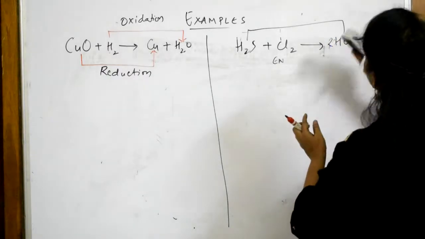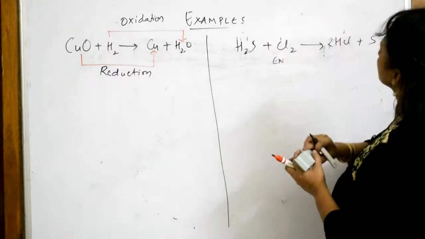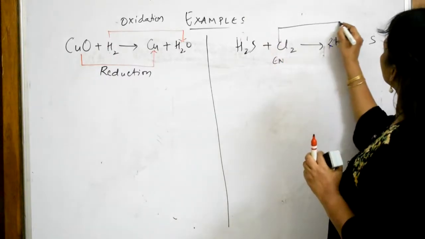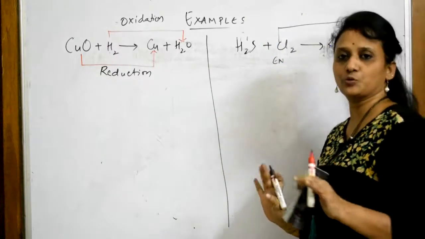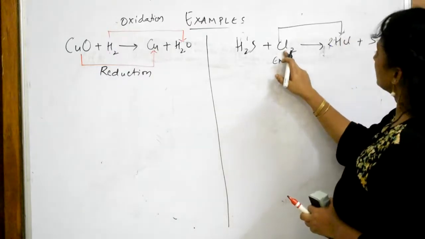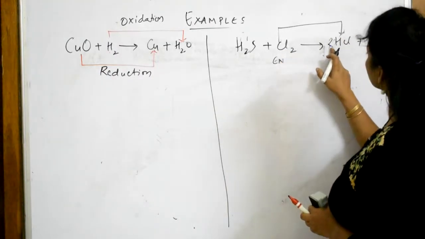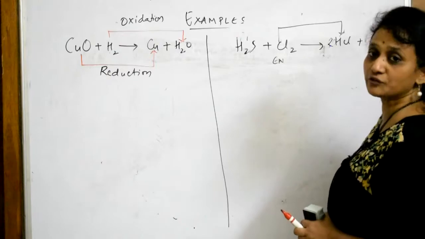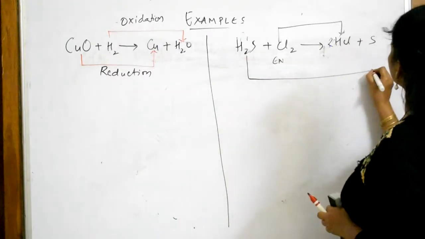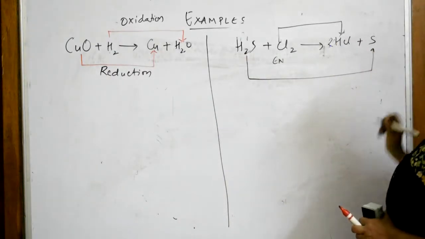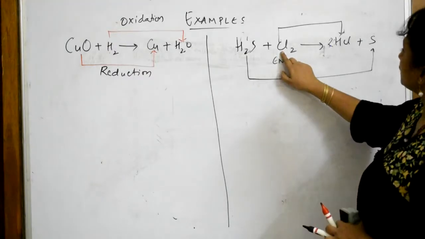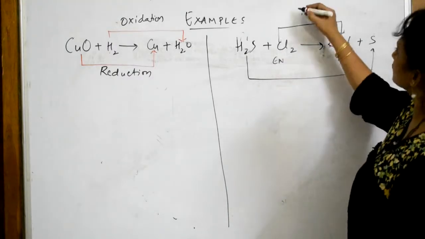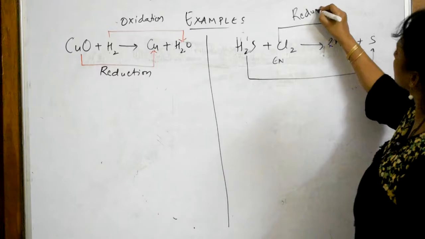Correct? Or we will take like this, chlorine whatever is there, hydrogen is getting added. Okay, no problem, this is easy for you. Chlorine initially was Cl2, now it has become HCl, which means to chlorine there is addition of hydrogen. From hydrogen sulfide, it has lost the sulfur. Now see, addition of hydrogen is which type of reaction? This is nothing but a reduction reaction.